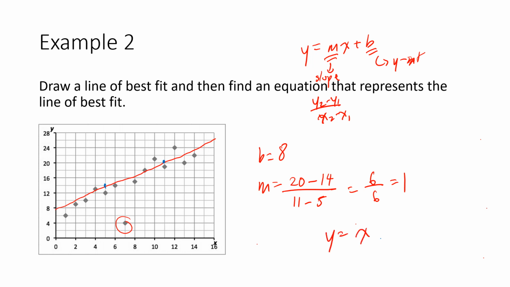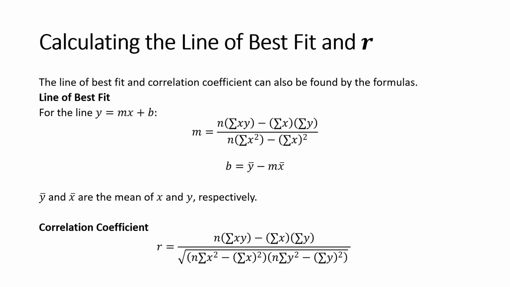So here I just have y equals x plus 8. I would say my slope is a little bit off, but the general steps are correct. Okay, so you can try it yourself. You should get a number somewhere between maybe 0.75 and 1.25, maybe a bit higher, a bit lower. All right, now we can get an exact answer for the line of best fit and